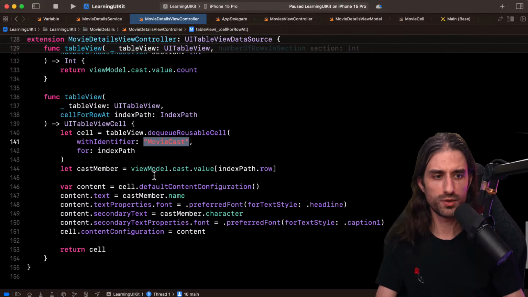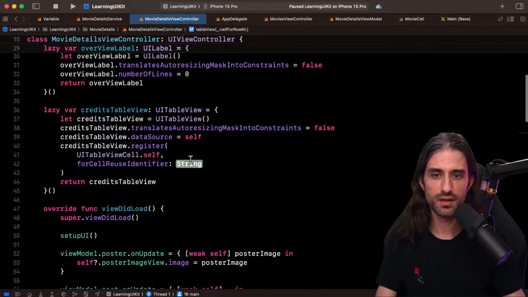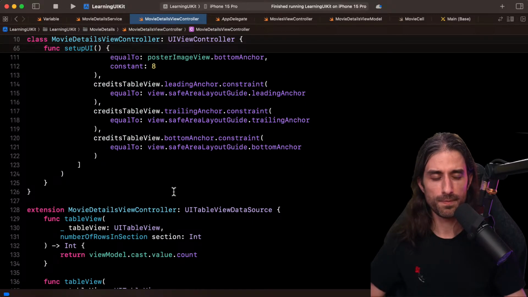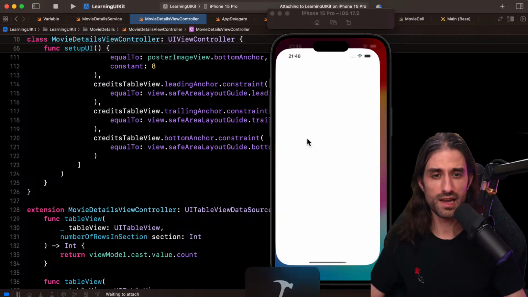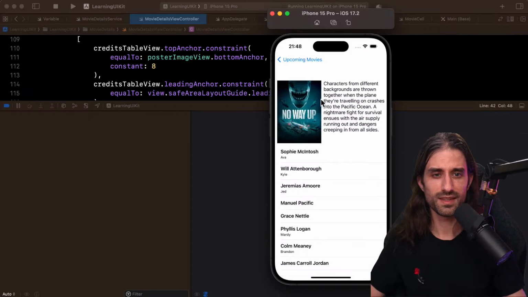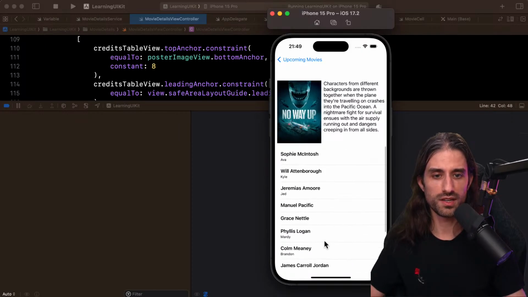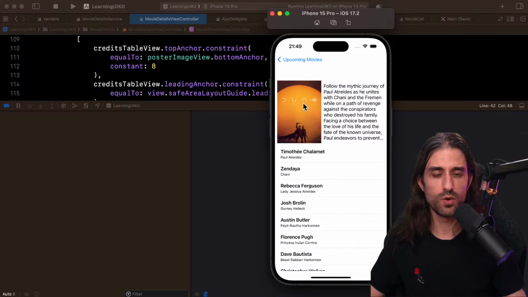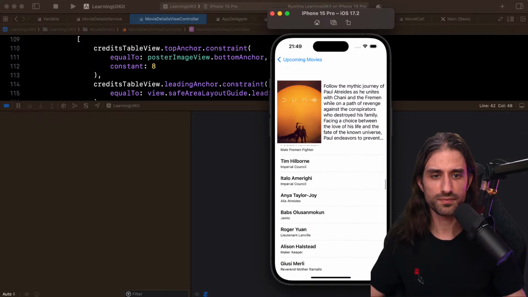So of course you would want to create a constant. You don't want to copy paste the code, but here I'm doing it just because it's a little bit faster. And normally now everything should be working correctly. Yes, you can see now it's working correctly. We can scroll here. Everything is working pretty nice.